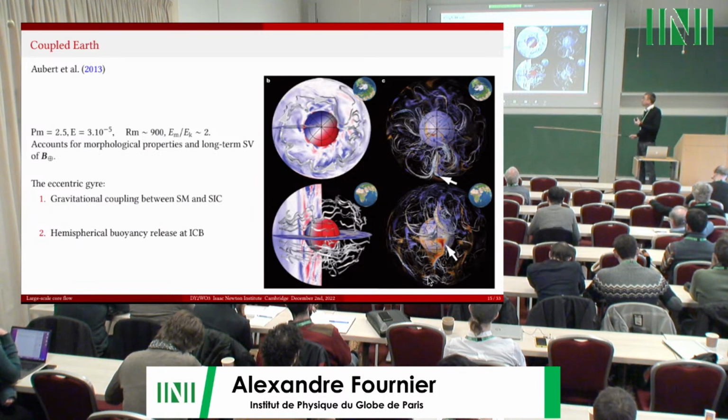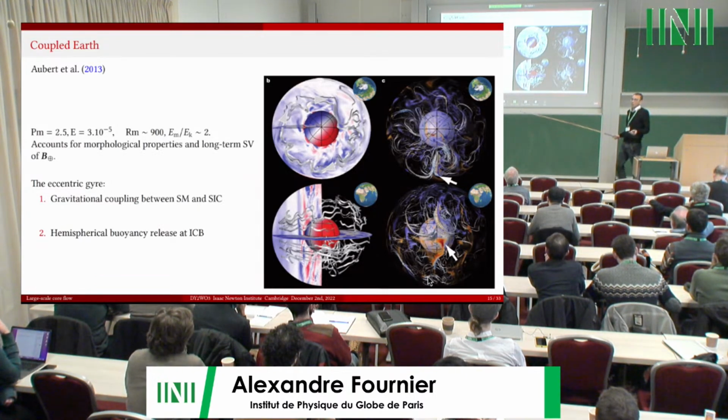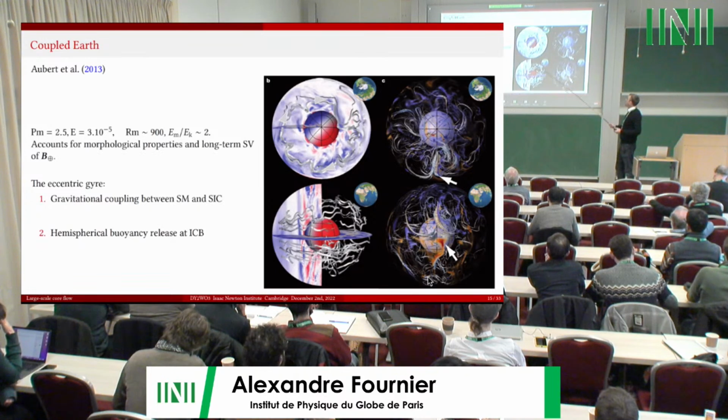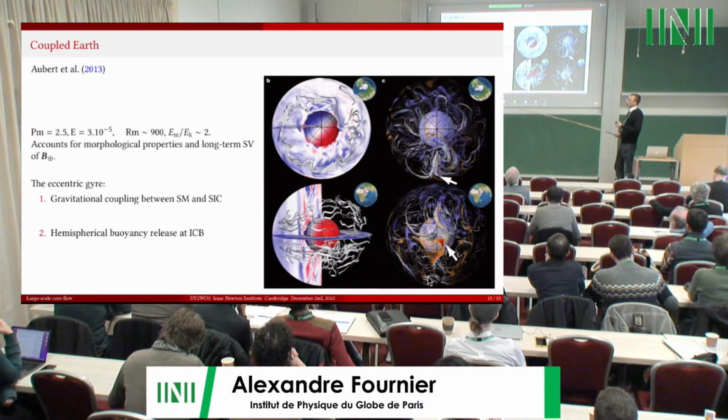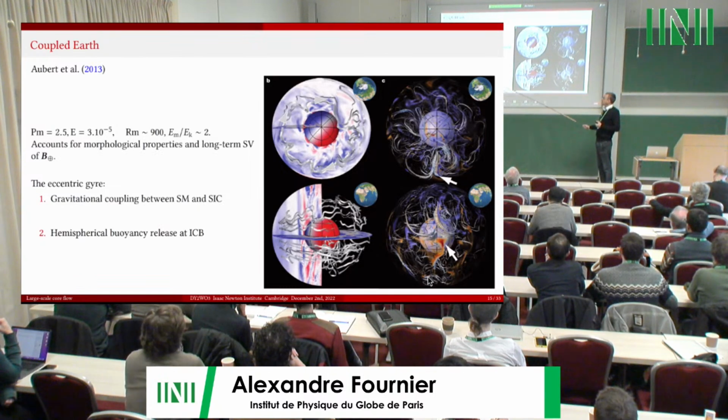Okay? So this is a model that ascribes a convective origin to the gyre and its eccentricity at the expense, if you will, of Occam's razor, in the sense that you cannot achieve this agreement without these